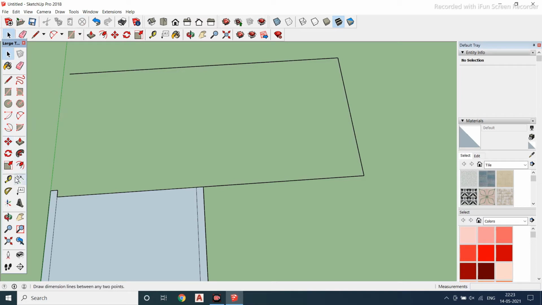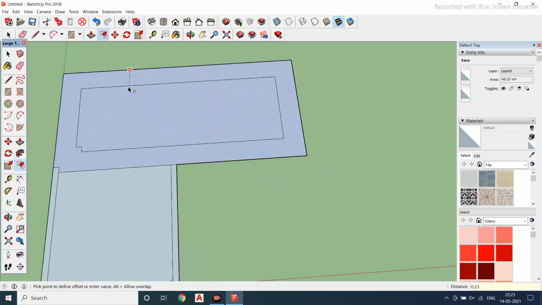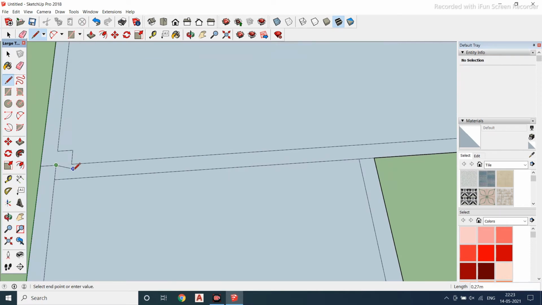I will use a line command over here, line, erase, offset of 0.23. Fine, just continue this part, erase this one and this one.